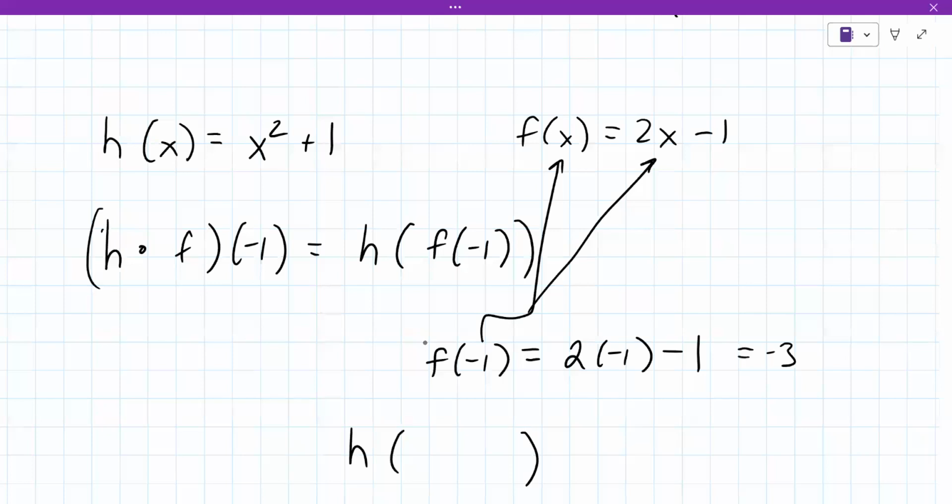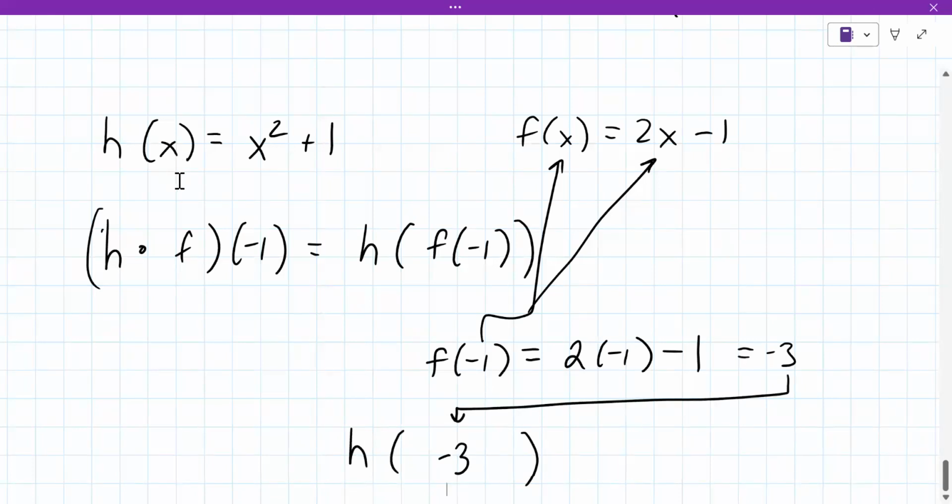Okay. Now this time you use the result from f of -1. See how we needed to figure out what is f of -1, and we know it's -3. Instead of the -1, we're putting in the f of -1. We're using the output of it. That now goes in for h